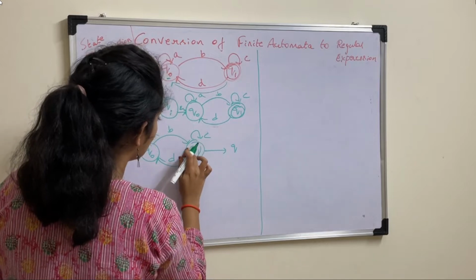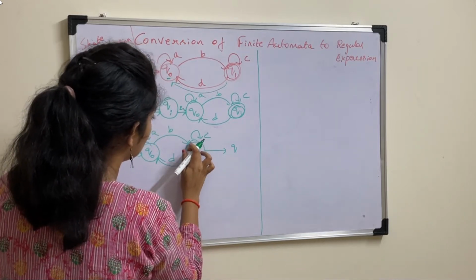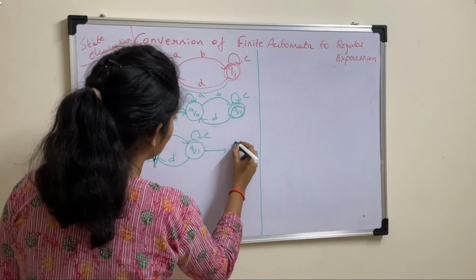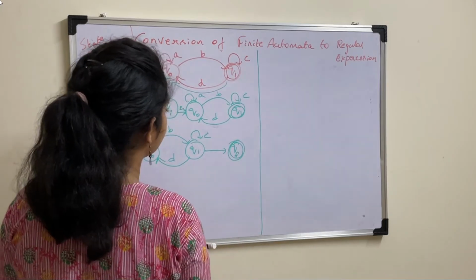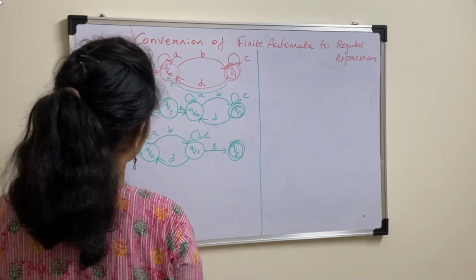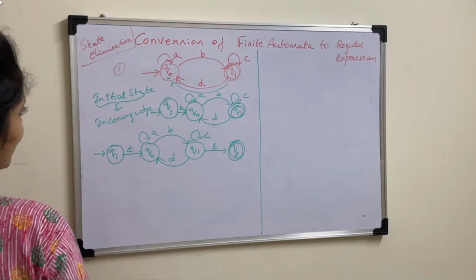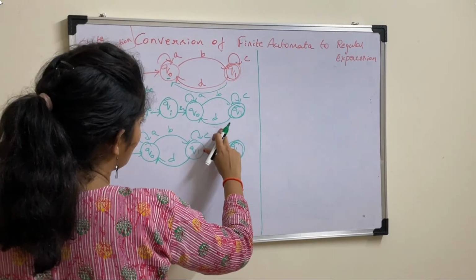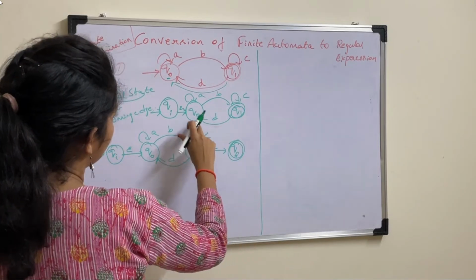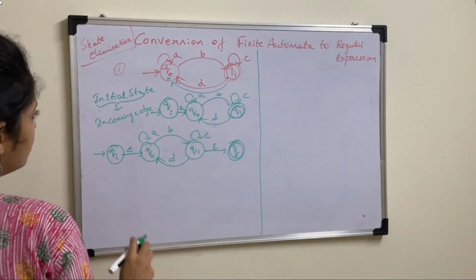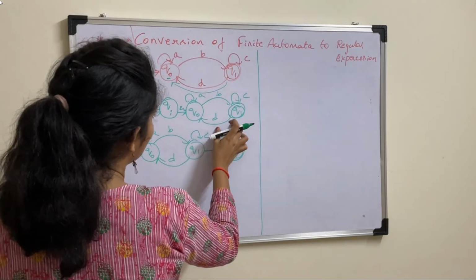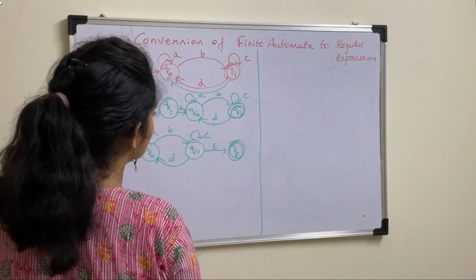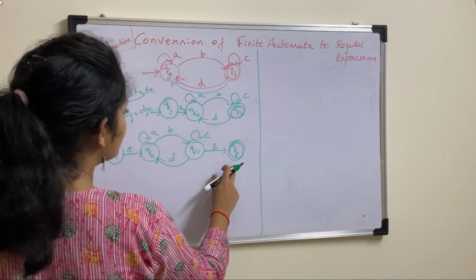So now this is not the final state. Create one new state and call it the final state. Place epsilon. Okay, why did we do this step? Because your final state contains an outgoing edge. So if you have that problem, then we need to create one new state and make it the final state according to our rule 3.